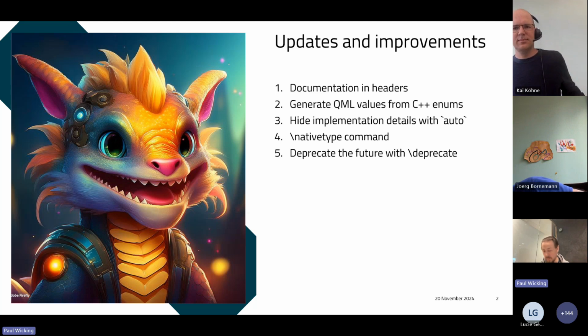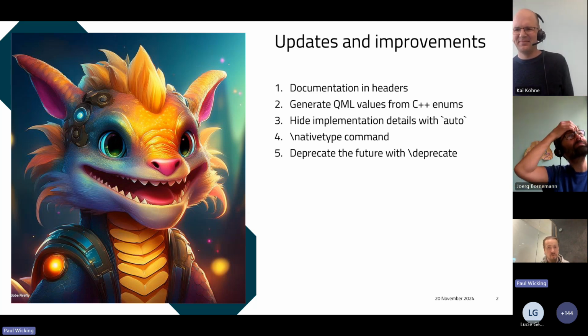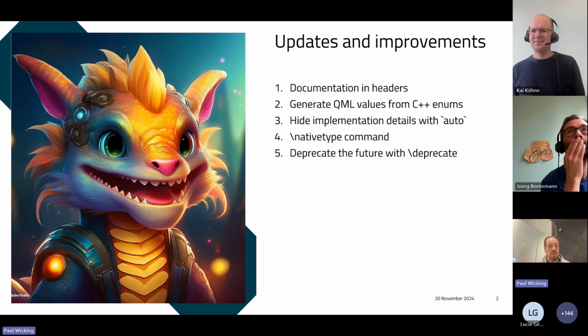They file bugs and they have patches and they comment on reviews, and we have a really good collaboration going with them. So that's cool. Something else that I think a lot of people will appreciate is that QDoc now generates QML